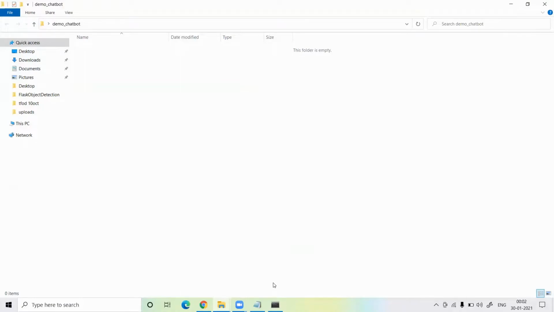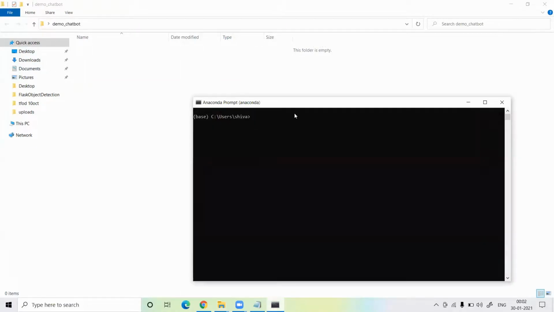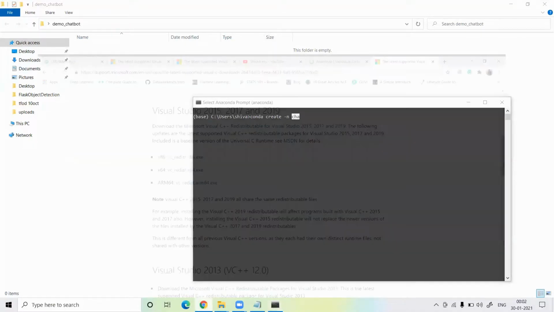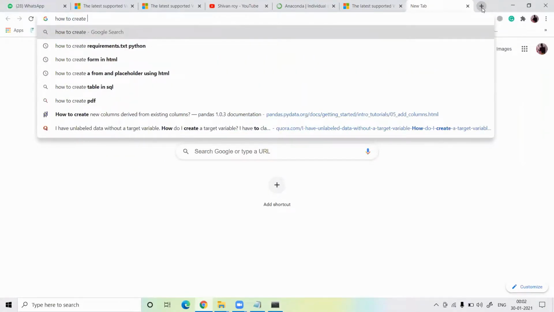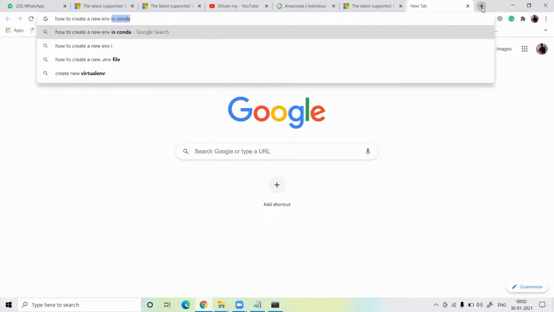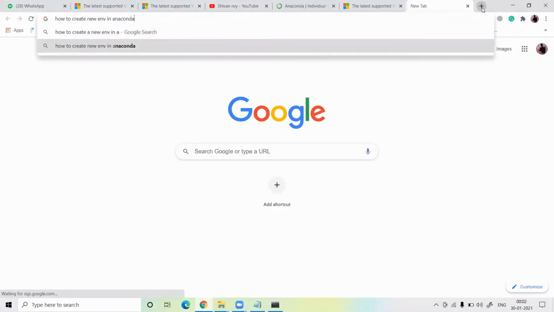After creating the folder, you have to create a new environment in your Anaconda project. For this, just write conda create -n, and you can write any name here.